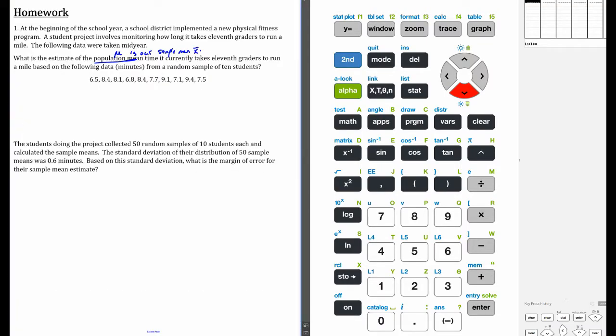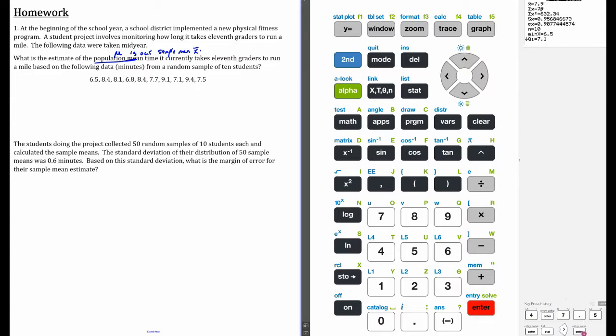So we have 6.5, 8.4, 8.1, 6.8, 8.4, 7.7, 9.1, 7.1, 9.4, and 7.5. Once you have your data in the list, you can hit Stat, Calc, 1-Var Stats, and